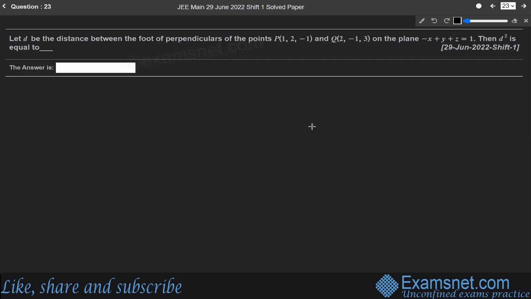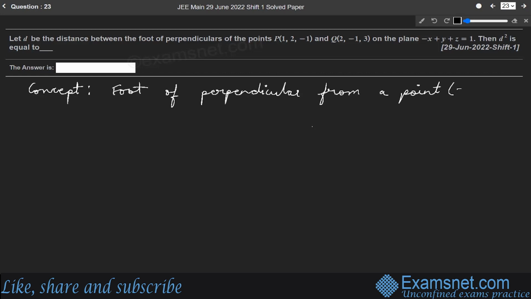And to find the distance between the foot of the perpendiculars, first we need to calculate the foot of the perpendiculars from point P and then from point Q. Okay. So the basic concept for this question is, we know that foot of perpendicular from a point, let us say the point is x1, y1 and z1. Okay. On the plane